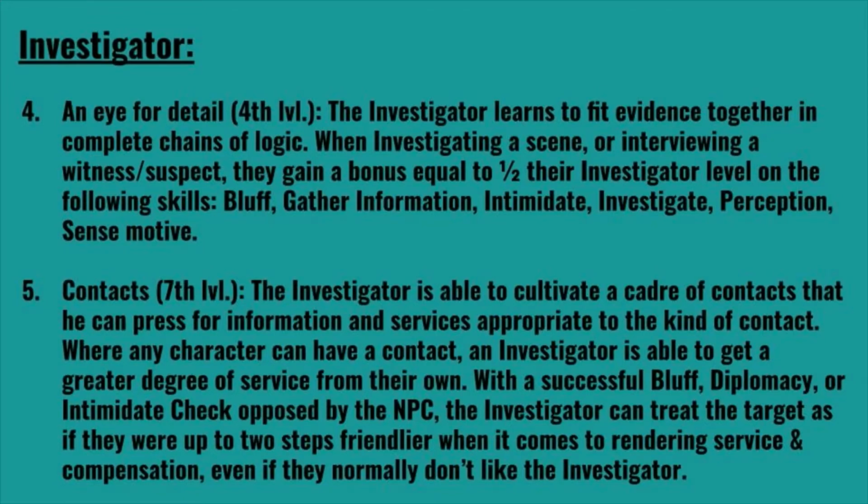And then at 7th level, we have contacts. The investigator is able to cultivate a cadre of contacts that he can press for information and services appropriate to the kind of contact. Where any character can have a contact, an investigator is able to get a greater degree of service from their own contacts. With a successful bluff, diplomacy, or intimidate check opposed by the NPC, the investigator can treat the target as if they were up to 2 steps friendlier when it comes to rendering a service and compensation,